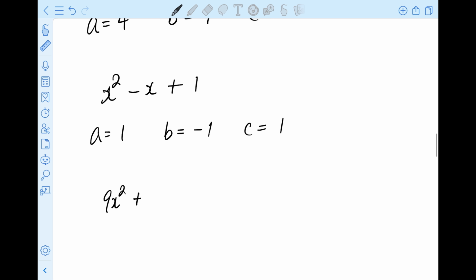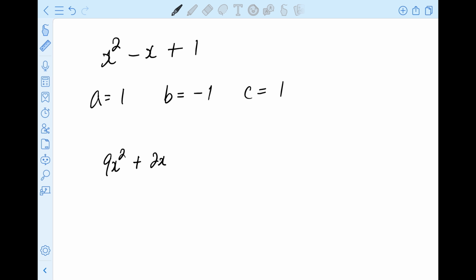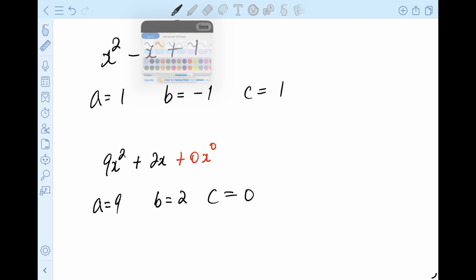9x squared plus 2x. I like to throw these kinds in there because you can see a few things. A will be equal to 9, b will be equal to 2, and what will c be equal to? C will be equal to 0, right? Technically, there's a hidden term there that's 0x to the power of 0. It's kind of funny, but it just means that c is 0, right? This is useful in some of the stuff that we're going to be doing shortly. I think that basically covers identifying a, b, and c. Just remember that it's